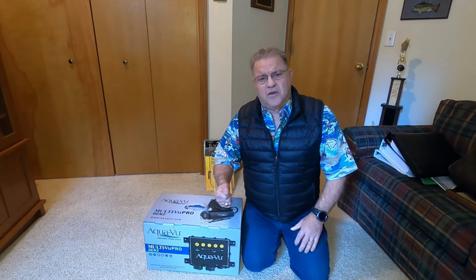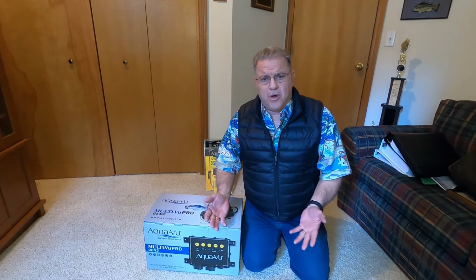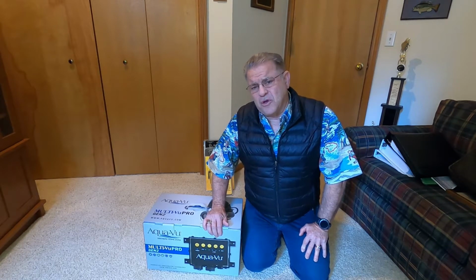and my big beef and complaint with underwater cameras over the years has been the bulkiness of the whole apparatus, how cumbersome it is to carry a screen and the cable and the camera and manage all of that on a boat with portable plug-ins and so forth. And it gets to be more trouble than it's worth sometimes,